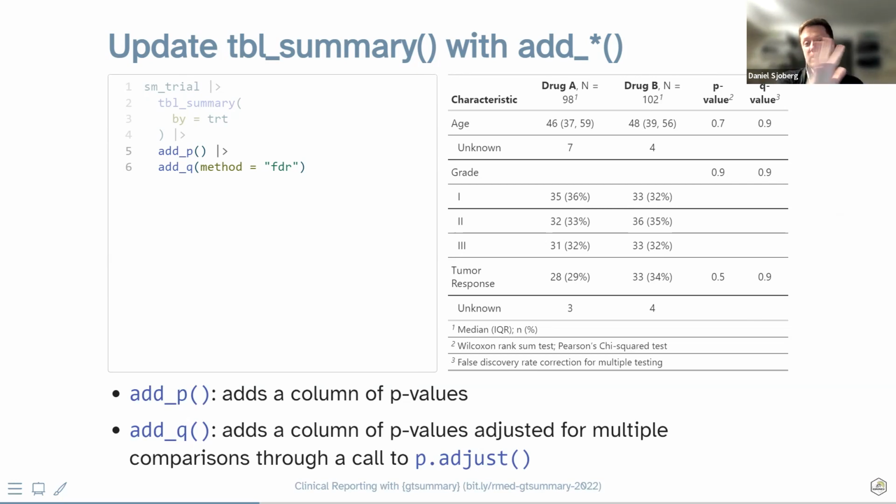Even this table right here, we've made some pretty good modifications. We've added some pretty useful information, some things that appear all the time in medical research. And so it's pretty great that you can do this in just a couple lines of code. And this table is ready for publication in a journal.